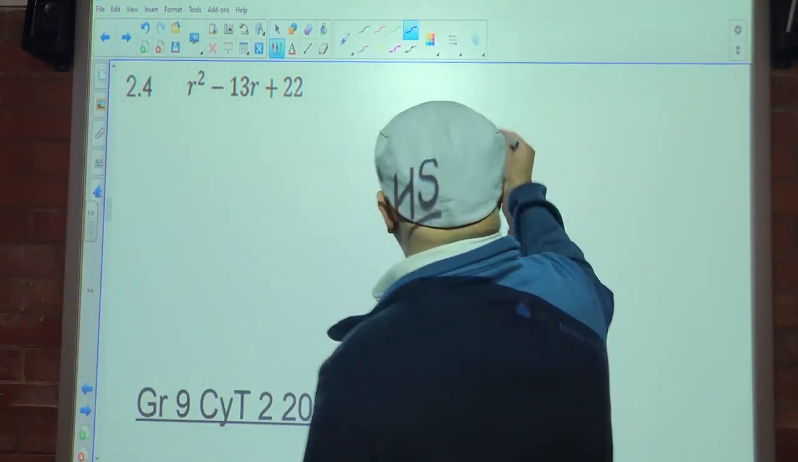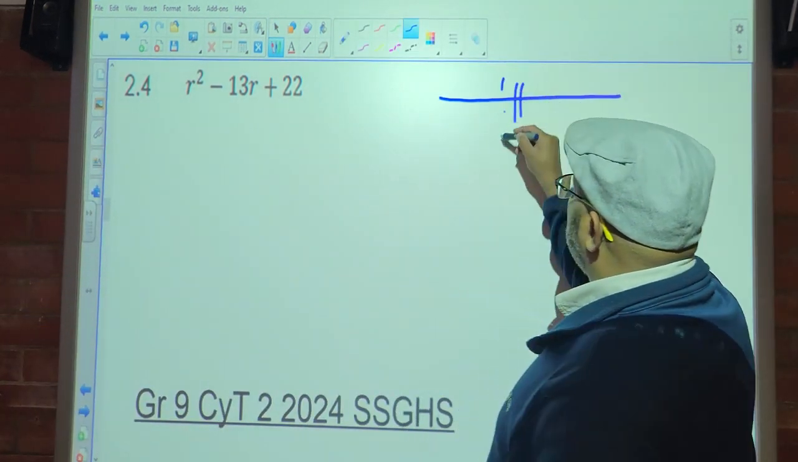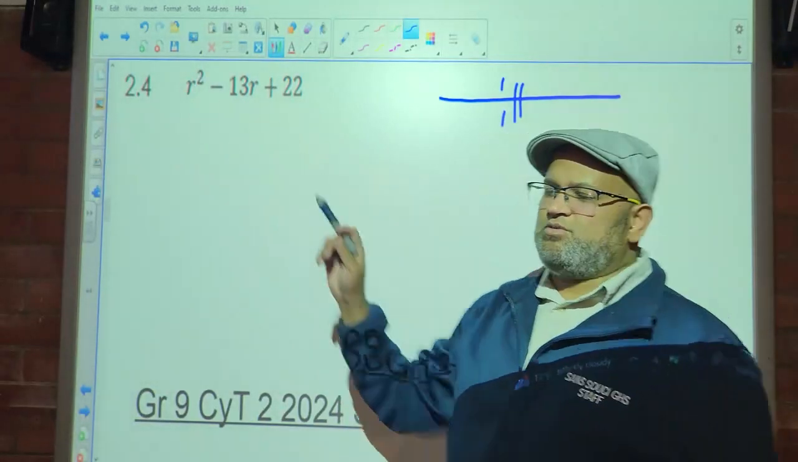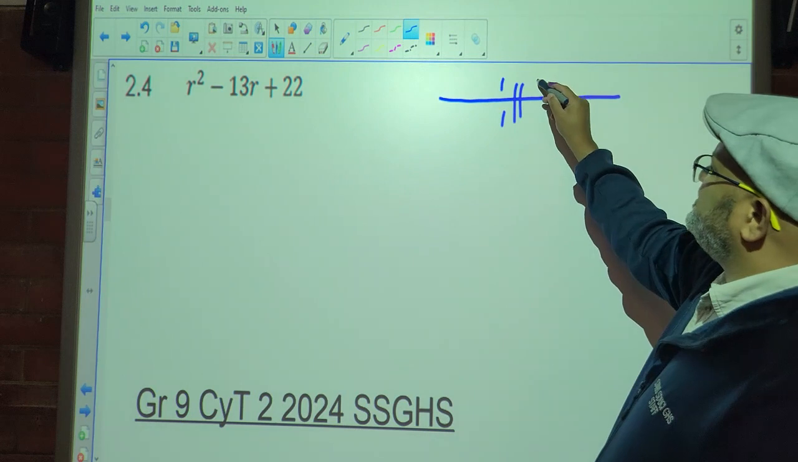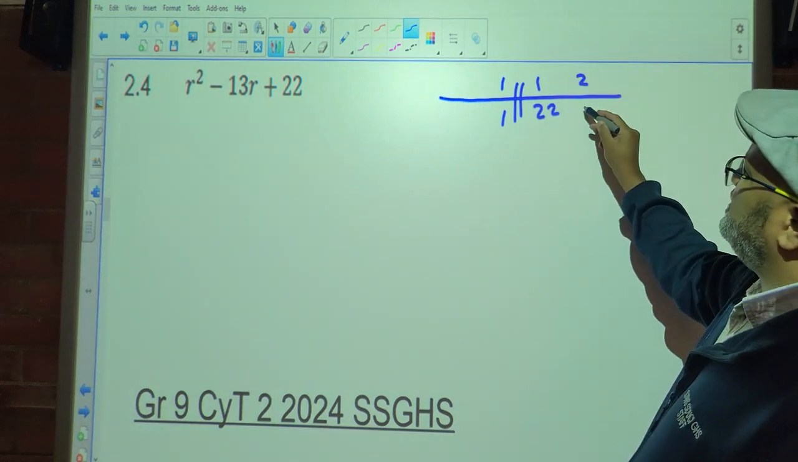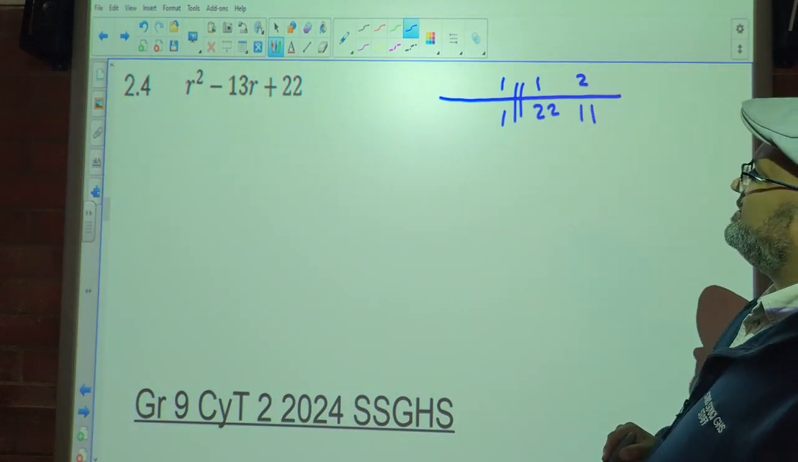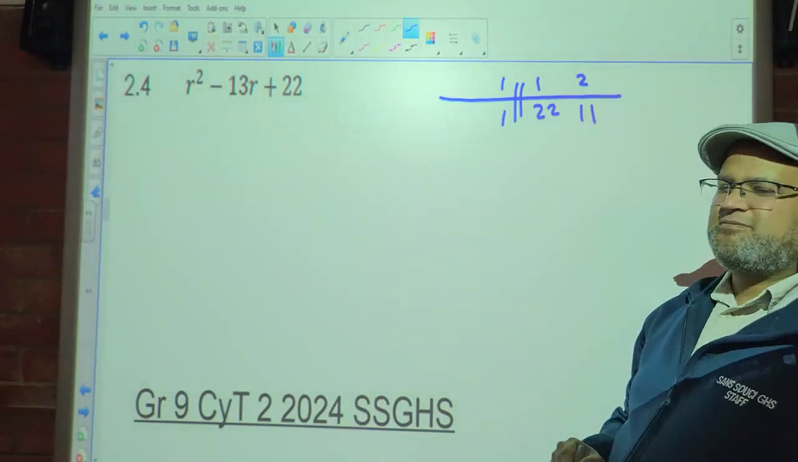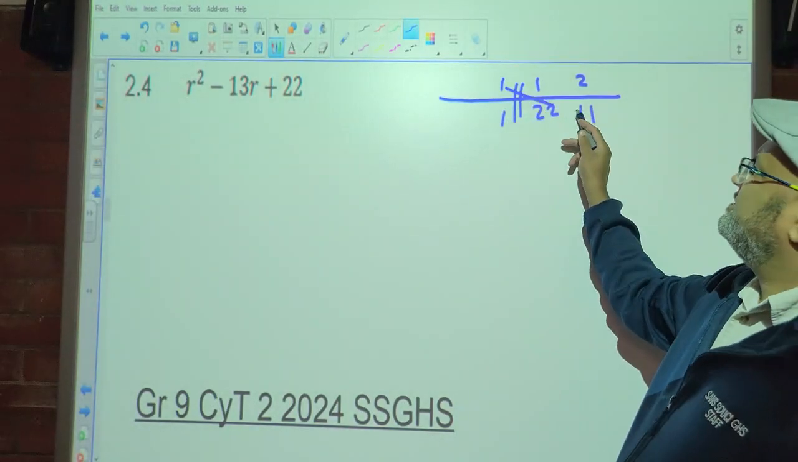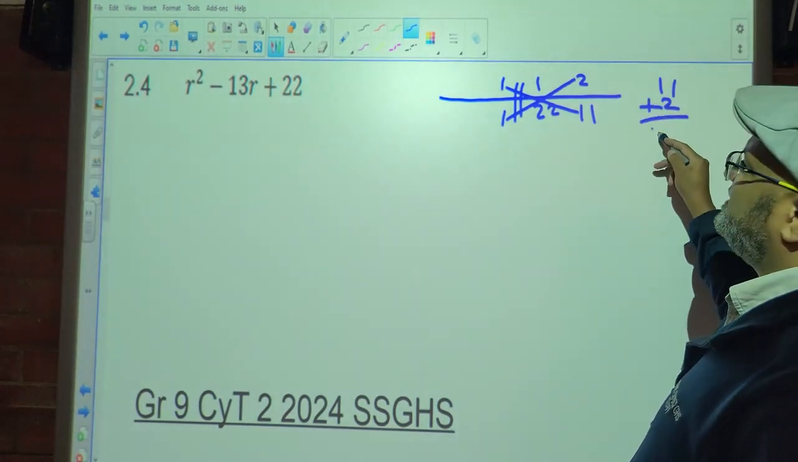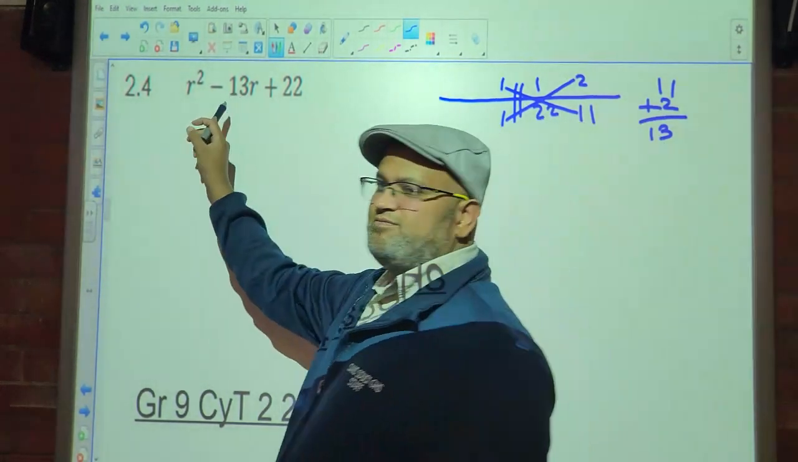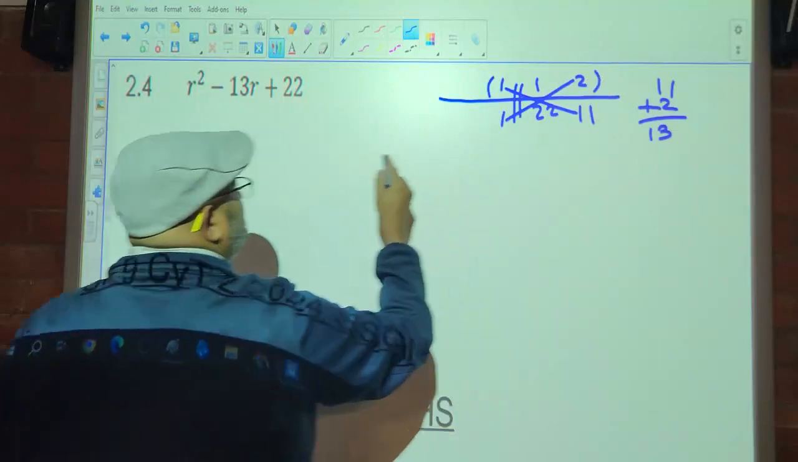So what goes on the line? 1 and 1. That was the coefficient of r squared. And then my constants can be broken up into 1 and 22, 2 and 11. We add or subtract our products? Add. So 1 times 11 is 11, 1 times 2 is 2, you add it, you get 13, and that's what I'm looking for. So in the bracket goes a 1 and a 2,